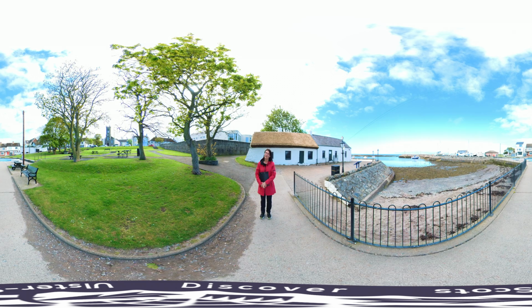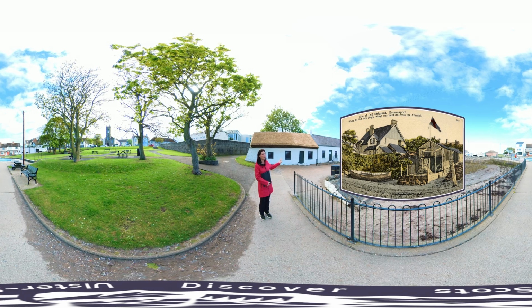Look now across the green. Do you see that church? That's Groomsport Presbyterian Church. And Presbyterians in this area would have witnessed a very interesting chapter of history in 1636. Imagine you were standing here. September is the date, September 1636. Somewhere in this area, and there's an old postcard on the left to give you a bit of an impression,